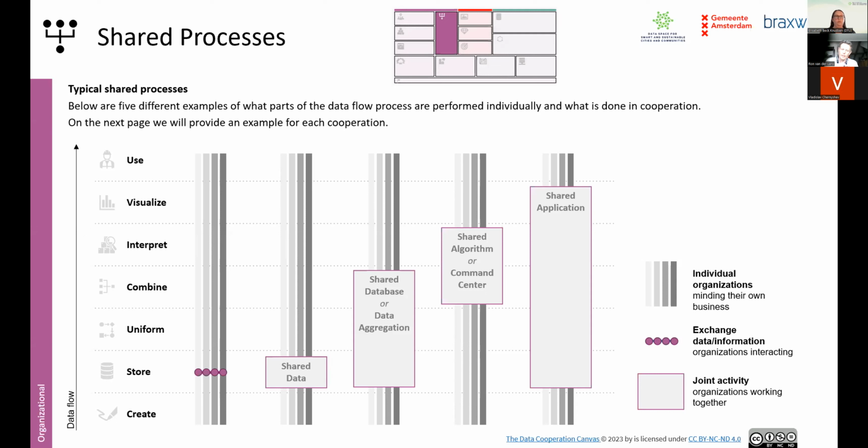And when you look at data cooperations, you see that they differ in all kinds of forms, but you see a certain structure. Most data cooperations fit into this structure, and it makes it easy to compare also, and to look at what other data cooperations are in place. What can I learn from that, because they have the same structure, and why are they doing the things that they are doing?